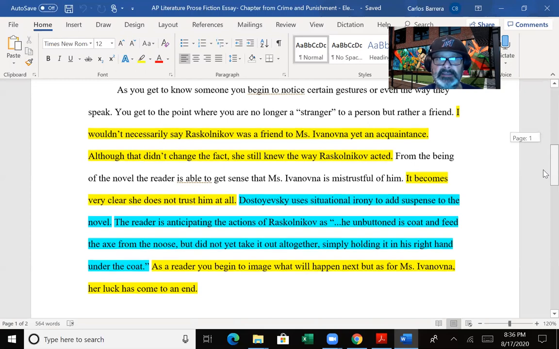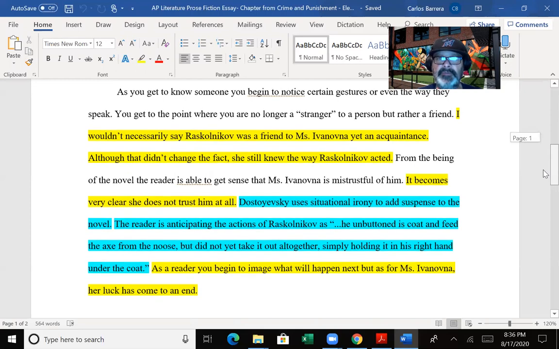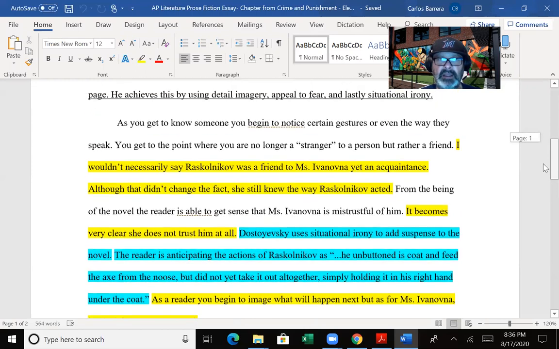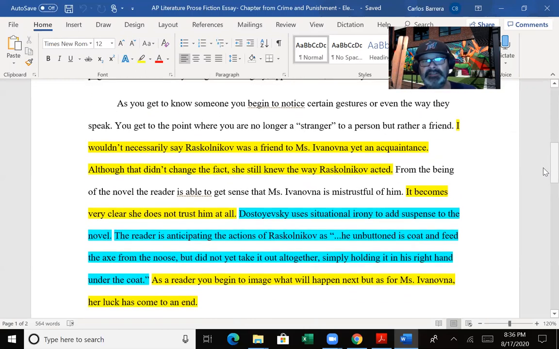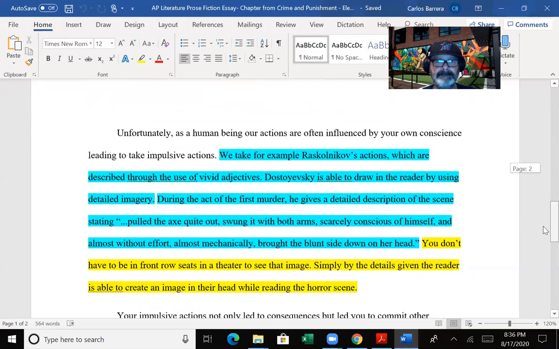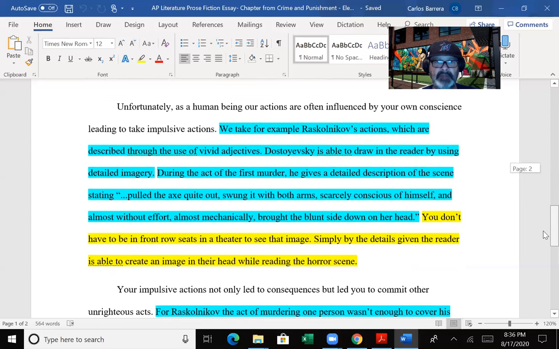Now, at a glance, I have light blue evidence, yellow is commentary, and you see the first paragraph is kind of scattered, that the evidence is in the middle, there's commentary that's very thin in the opening paragraph. Here it's a little bit more evidence with a